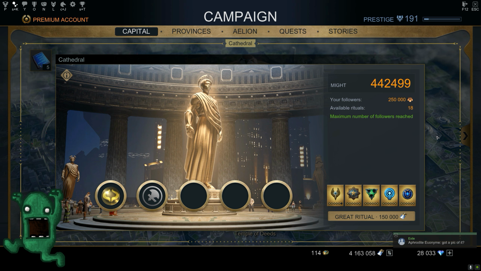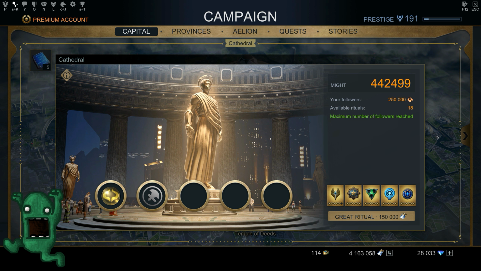But in that case I would suggest focusing on the Cathedral until your total might gets to at least maybe 400,000 or 500,000 might, I would say. That way you can start replacing some stats, and I will drop the link in the description for the equipment setup